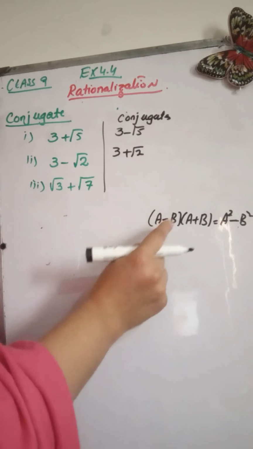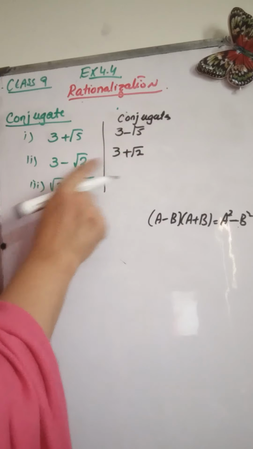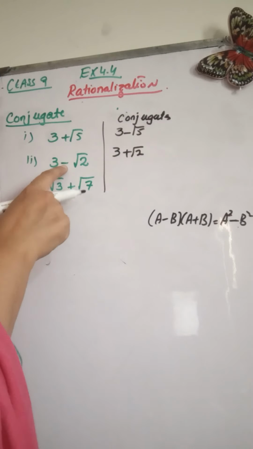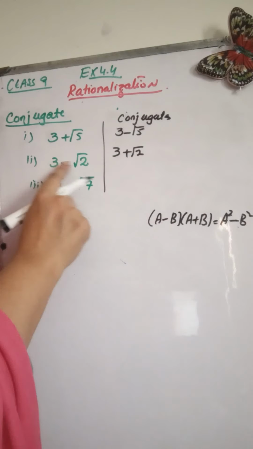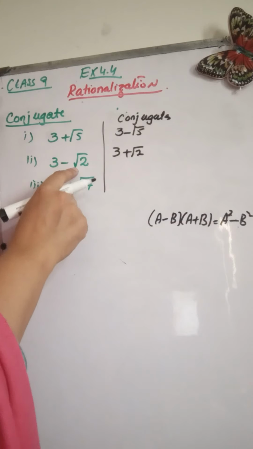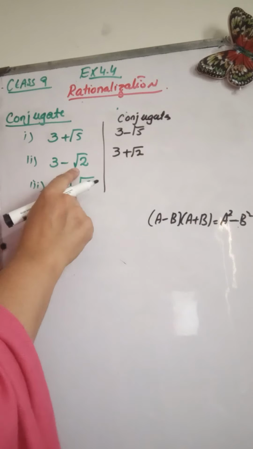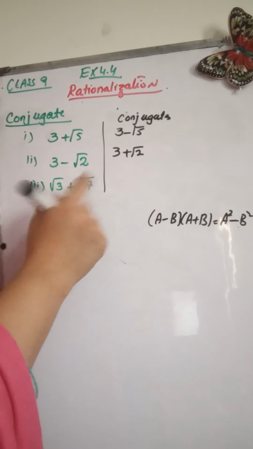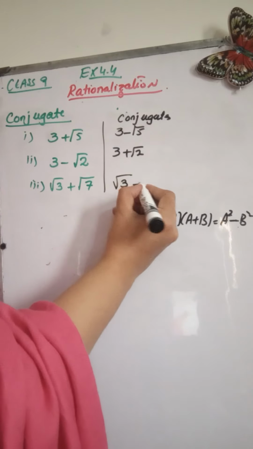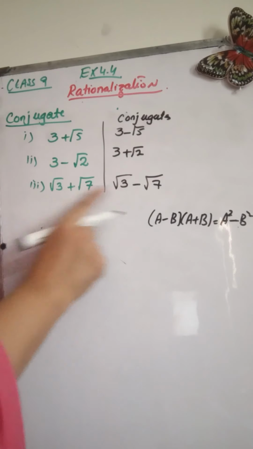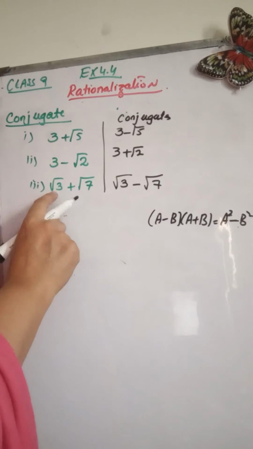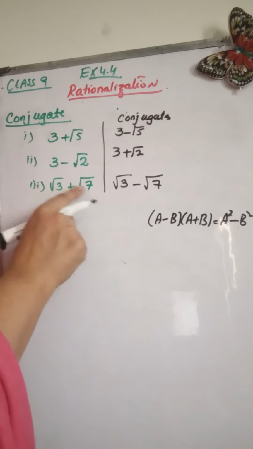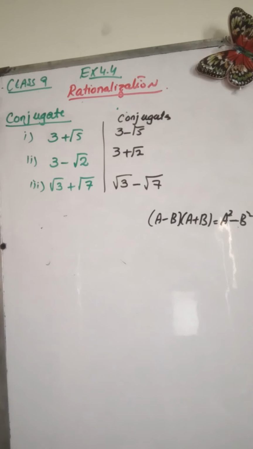or which cancels the irrationality of this number. So therefore we change the sign, we find a number which has the opposite sign in between these two numbers, because a minus b into a plus b always gives you the square of these two, and as this number gets squared, it removes the radical sign or the irrational number. So under root 3 plus under root 7's conjugate will be under root 3 minus under root 7, because if you find the product of these two, this formula will be applied which will cancel out the radical sign, and we will get a rational number. It will remove the irrationality.